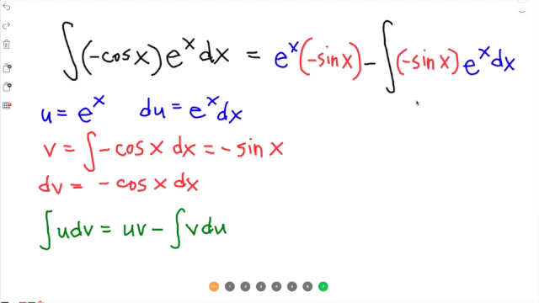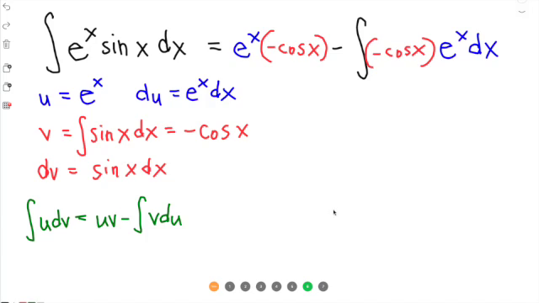Again, don't forget you have plus c. Okay, so let's write that down as, I think we should just go back to the original one. Okay, so we substitute this one. So our answer as of now is